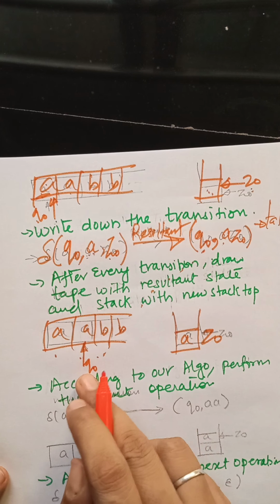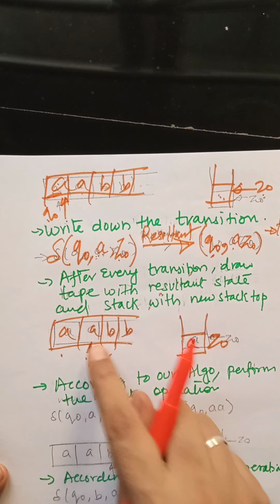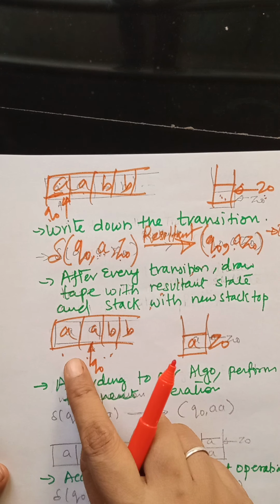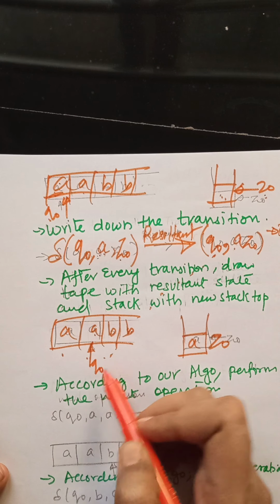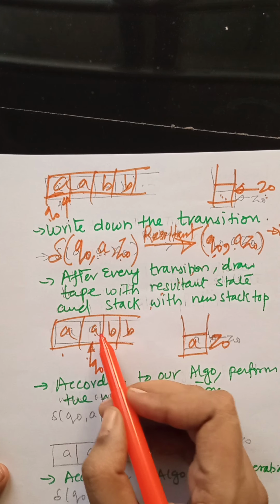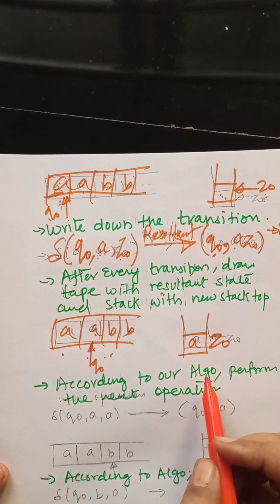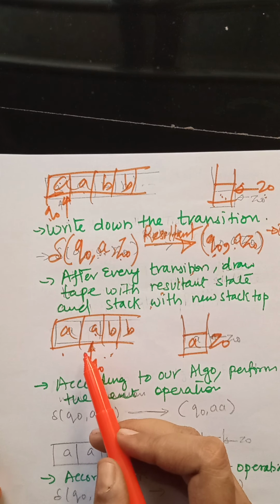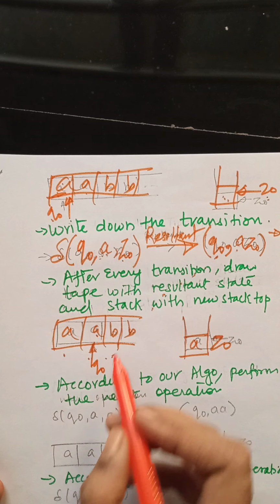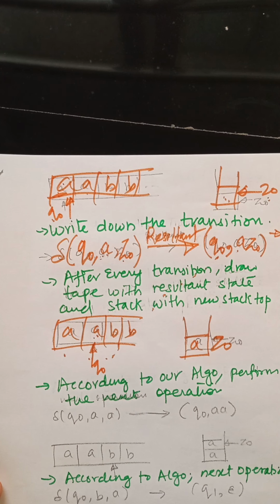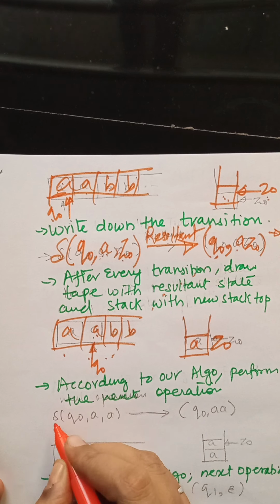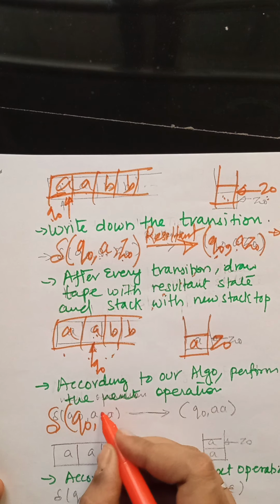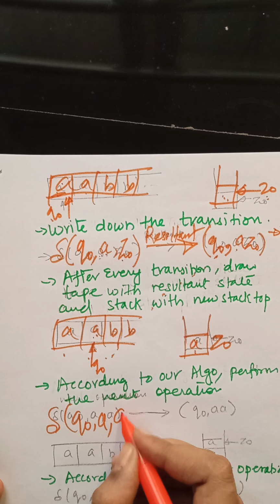Okay, now again after drawing the situation that we had followed, that is the resultant situation, again for the second symbol, what will be the next step? So again for A, what are we going to do? For A, we had already decided that we are going to push all the A's first. So this A also has to be transferred. So this we have to show by writing the transition. So the transition of Q0, reading A, what is present on the top of the stack is A.